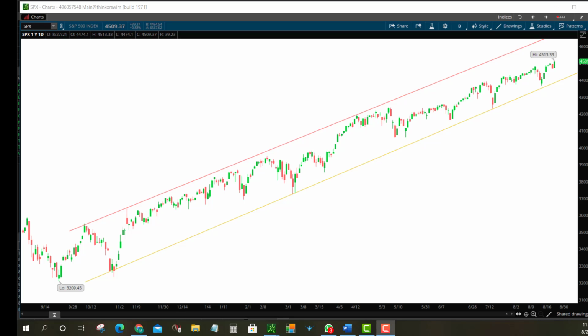So what you're seeing here is the channel support and resistance chart for the S&P index. We are going to use this daily time frame chart to see when the price attempted to touch the bottom channel and to see if it held and bounced back higher, and the timing and price point for resistance from these bounce backs.